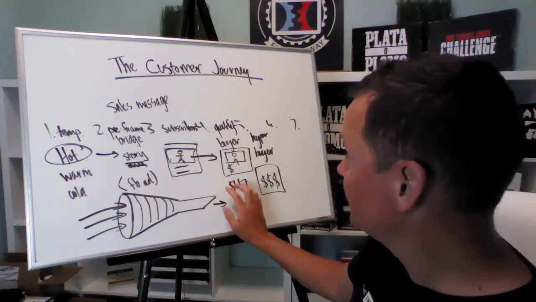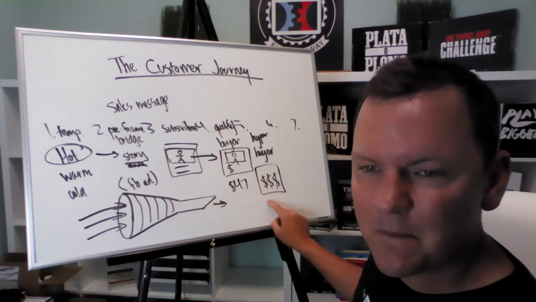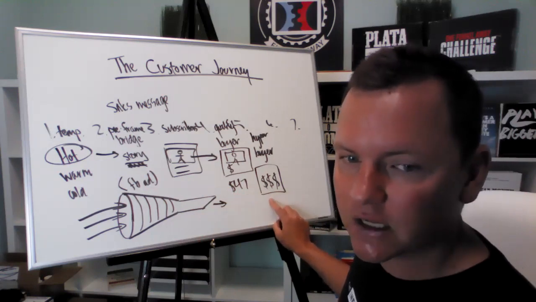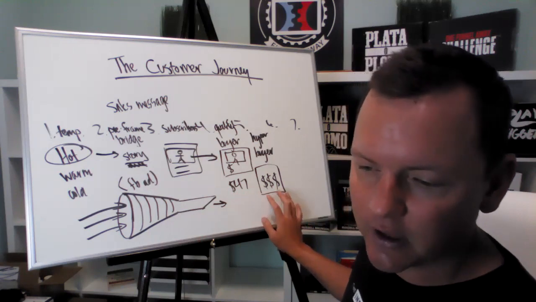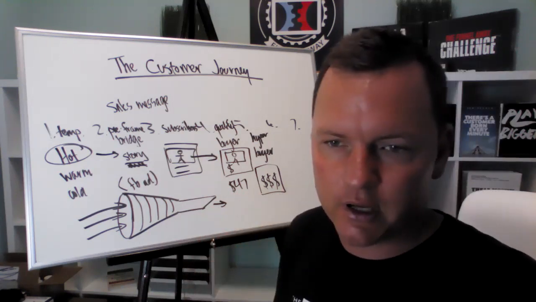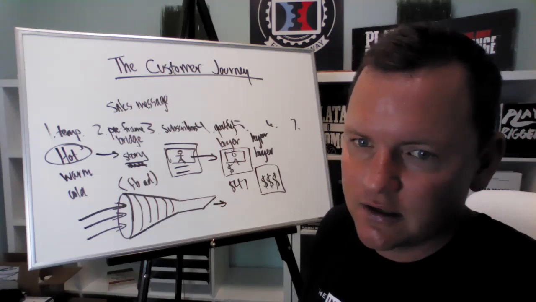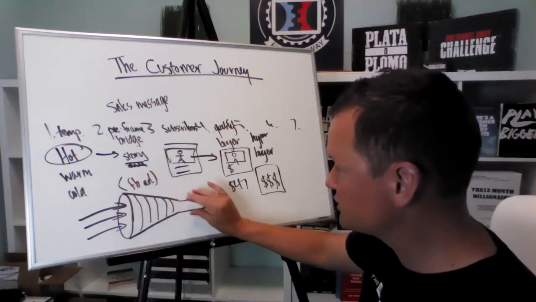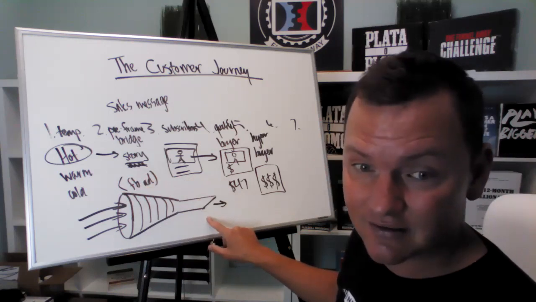That's why, number one, I want to know, hey, will you give me some money? And then immediately, will you give me more money? Because somebody's going to come out of this spending money. It's funny, when you give somebody the opportunity to spend more money, they spend more money. Not everybody will. This funnel gets smaller, but somebody will.